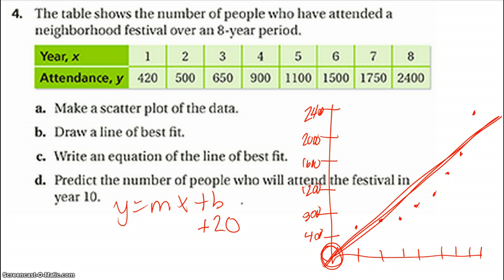Now my slope, I can pick anything on here. I'll go from here, anywhere on my line. It doesn't matter. I'm going to go from here over to here. So it looks to me I go from 20 up to about 700. So I go up about 680, and I go over 2. Okay, and again, this is really crappy because it's shaky and I need straight lines. So up 680 over 2 is about 340x. So there's my equation. Now it says make a